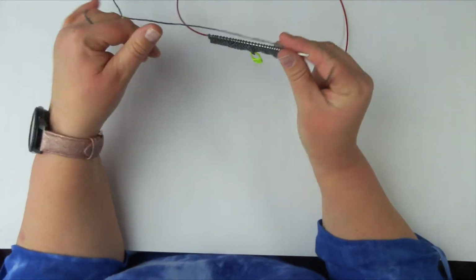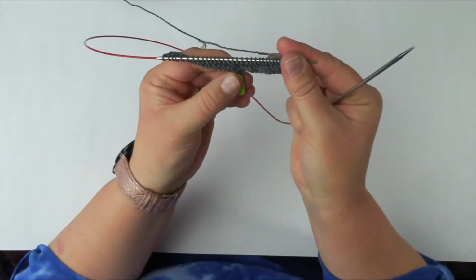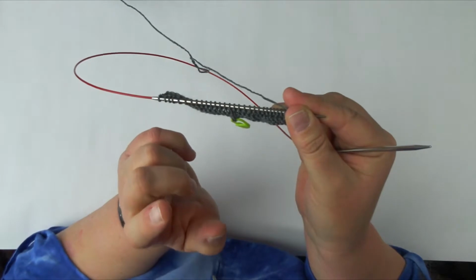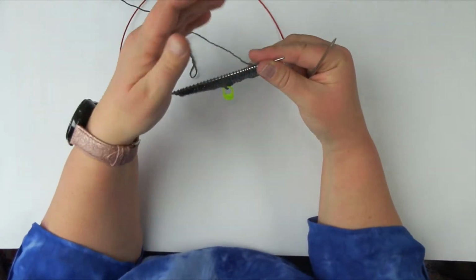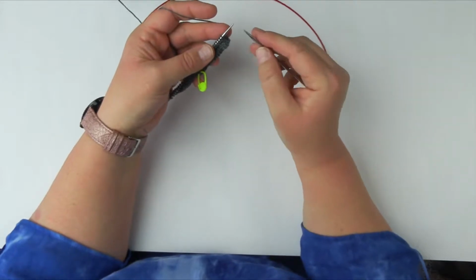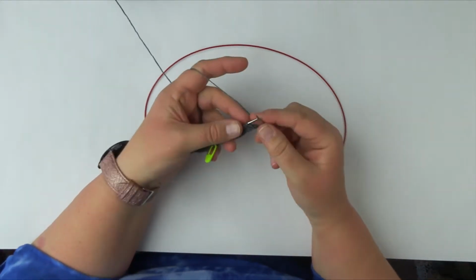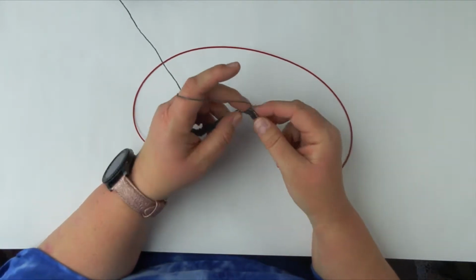Okay, so I just finished knitting back across, and as you can see on this side, instead of that very straight line, I've got a purl bump right there. So that's going to give a bumpier look to my center line, which I prefer. Makes it just a little bit more subtle. And again, you can do any number of stitches you want, and it will just create a different size of square for you to work with, a different base size square. Now, I don't have any ends to weave in or anything else, so I'm just going to knit across